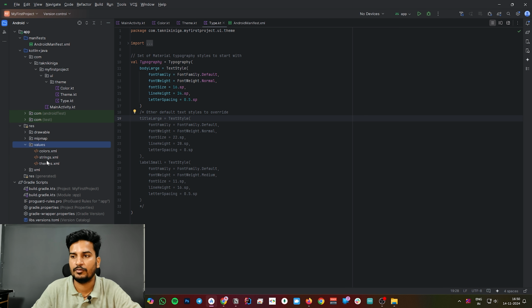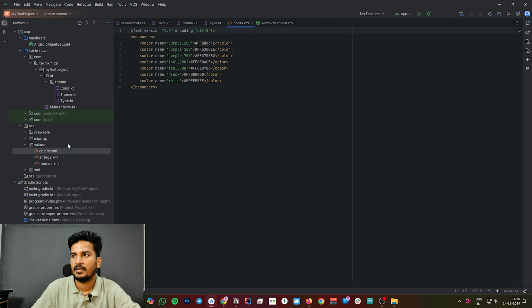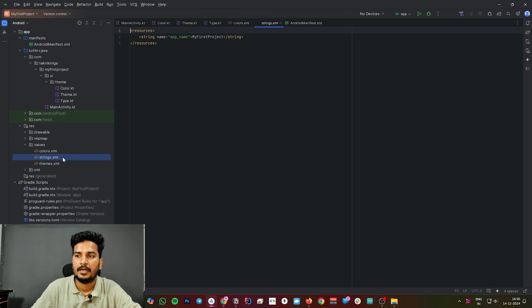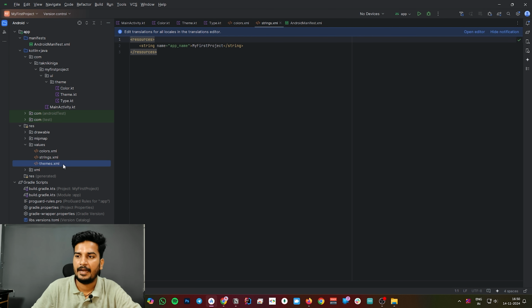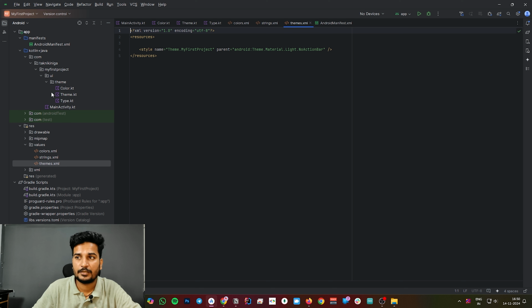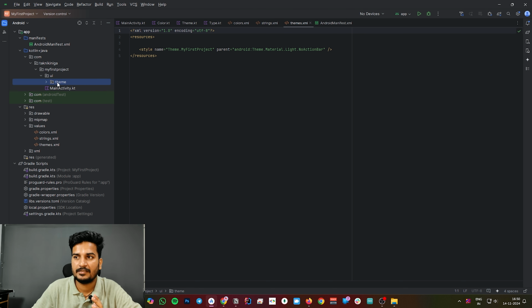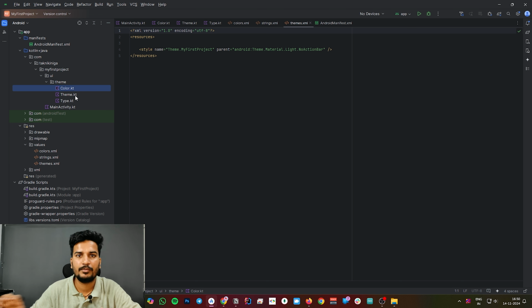That is important too. In the values section, we can put some default colors, default strings and the theme. This theme is responsible for our main activity. This is not the actual theme; this is the actual theme which is going to be inflated inside our whole application. So that's the folder structure, and here is build.gradle.kts.